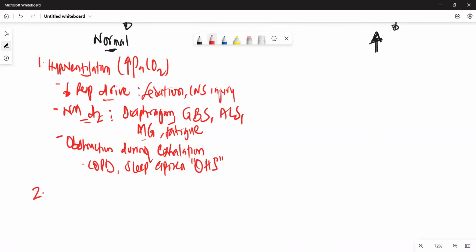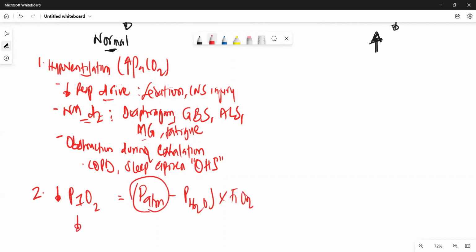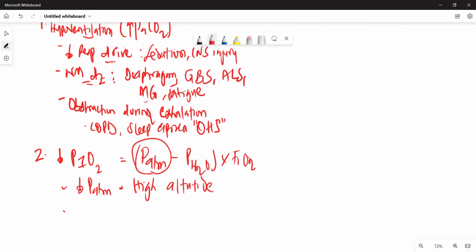And the second one that we mentioned is a decrease in the PiO2. And remember, the formula for PiO2 is our P atmosphere, or barometric pressure, minus water vapor pressure, multiplied by FiO2. So if there is a decrease in these, right, in the atmospheric pressure, for example in the case of high altitude, that could lead to a decrease in PiO2. And of course, the other one, if there's a decrease in FiO2,